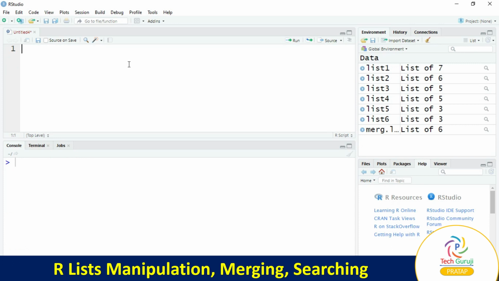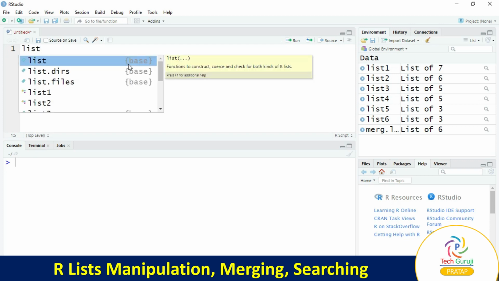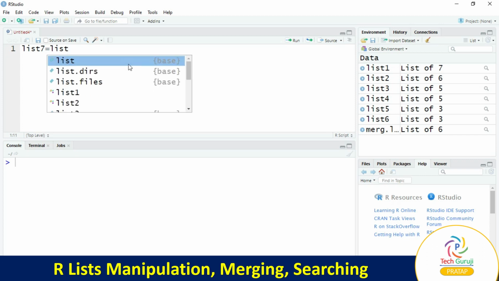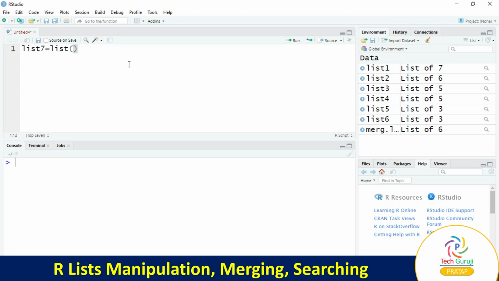Sometimes we want to convert a list into a vector. So we'll take one list7 is equal to a list of numbers. So we'll take 1 to 10.